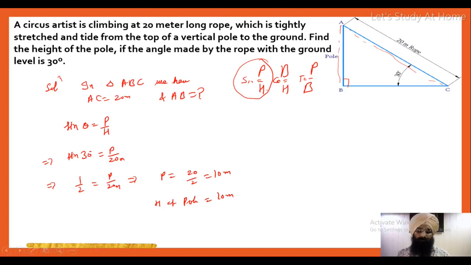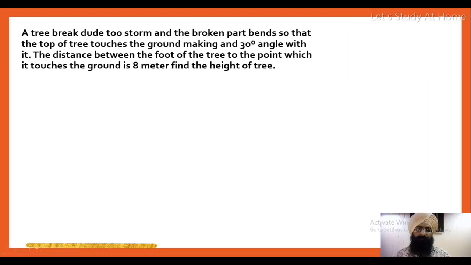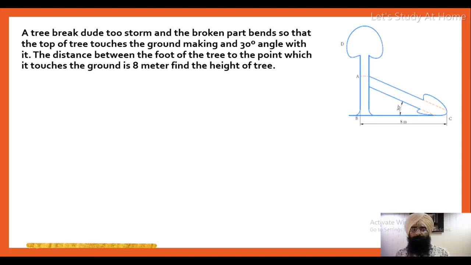Take screenshot. Okay ji, next is a tree broken due to the storm. Let's see its diagram. Firstly pause the video and think about this diagram, read this situation very deeply, then you will be able to draw the diagram. Okay, this is our diagram, and according to the situation, the upper part of the tree, after breaking, comes here